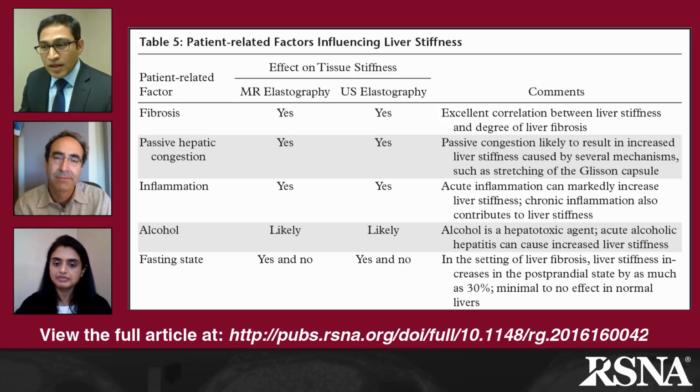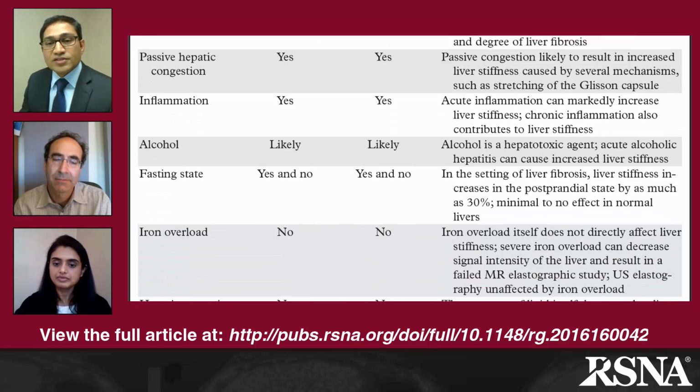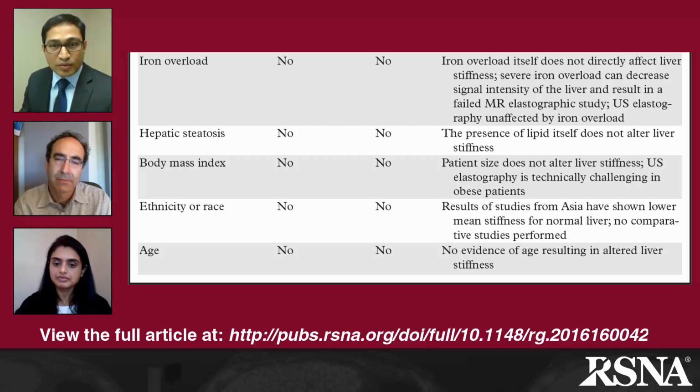The other condition which might affect the elastography techniques, particularly MR elastography, is iron overload, like in patients having hemochromatosis. The standard MR elastography technique which we use is the GRE technique, which is very sensitive to the presence of iron in the liver, and this causes signal loss. Mind you, this does not prevent shear waves going through the liver, but the shear waves are not visualized because there is no signal coming from the liver, and we cannot assess them. So if you have very severe iron overload, MR elastography can fail just because there is no signal from the liver.